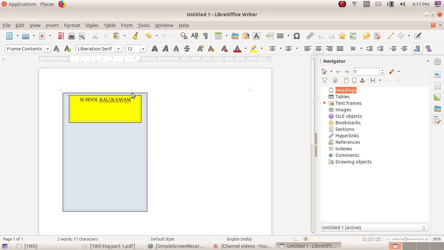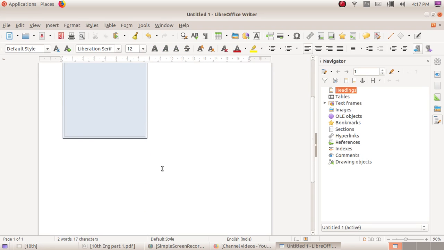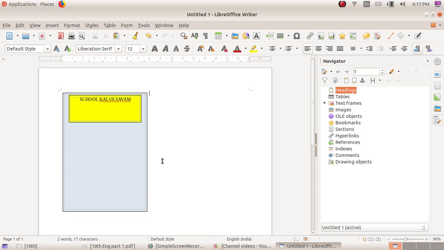This is only one participant card. You have to create three more participant cards on the first page. That's a very important thing.